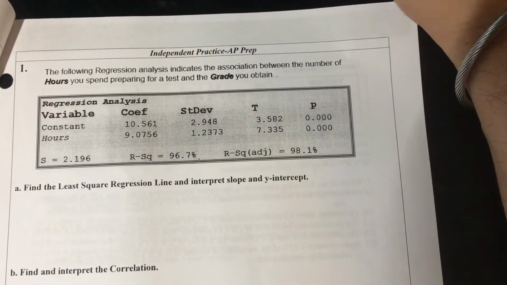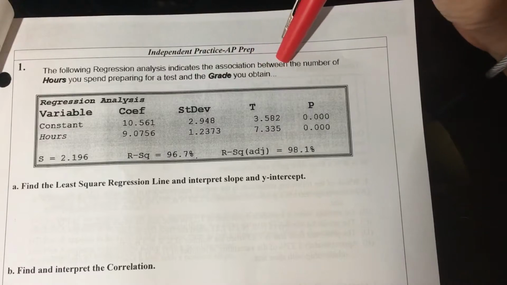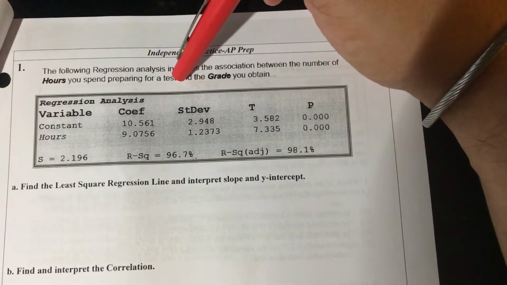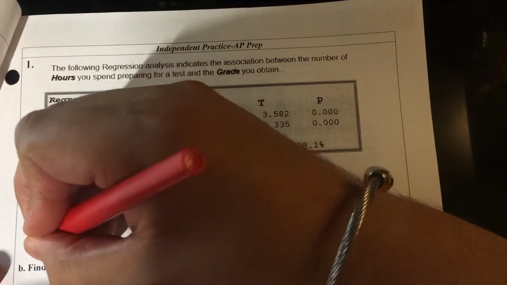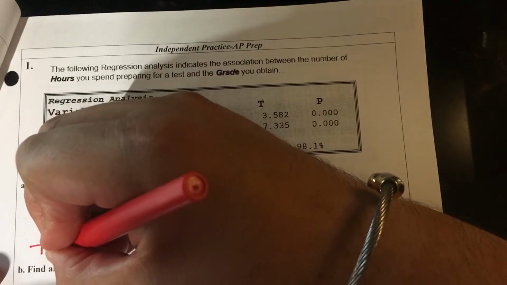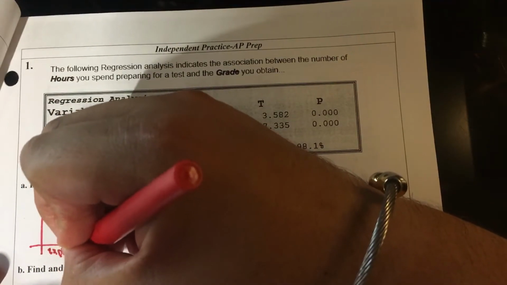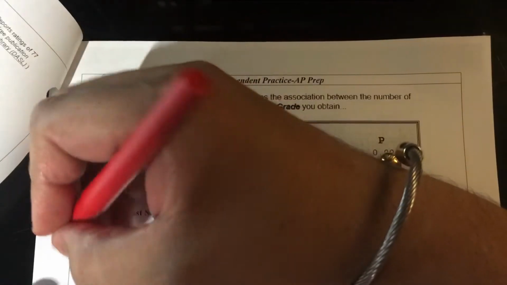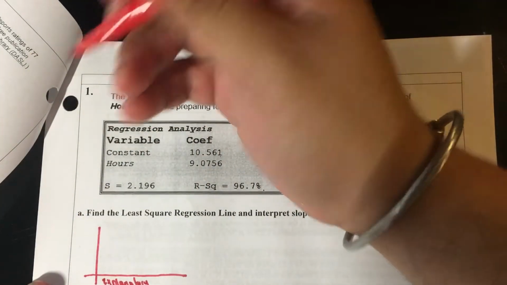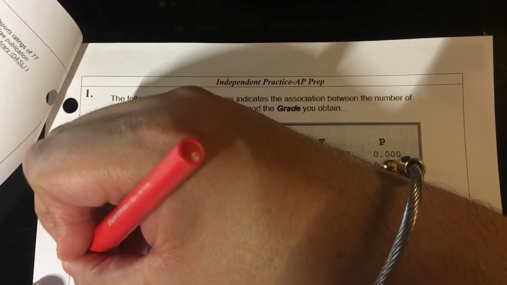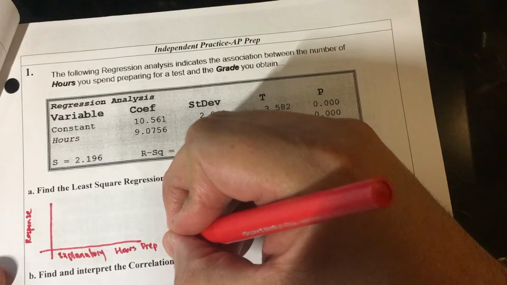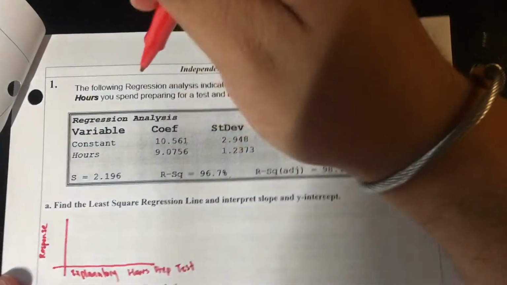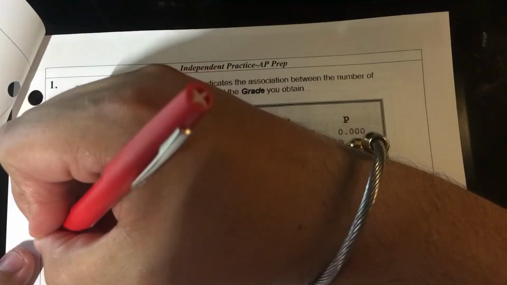So the following regression analysis indicates the association between the number of hours you spend preparing for a test and the grade you obtain. And so if I'm looking at this, this is the explanatory and the response. So here, this is saying hours preparing for the test, and over here we're saying that this is going to be your eventual grade. This is what I'm trying to